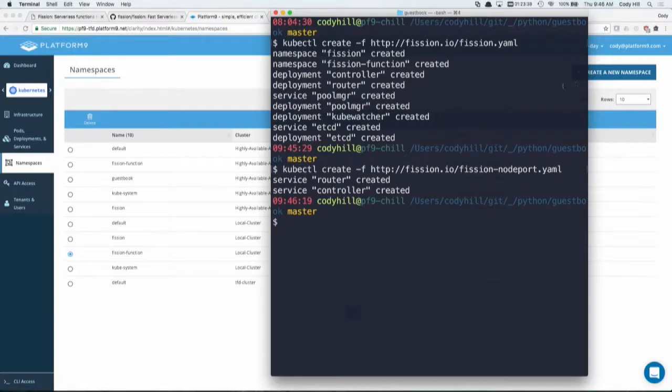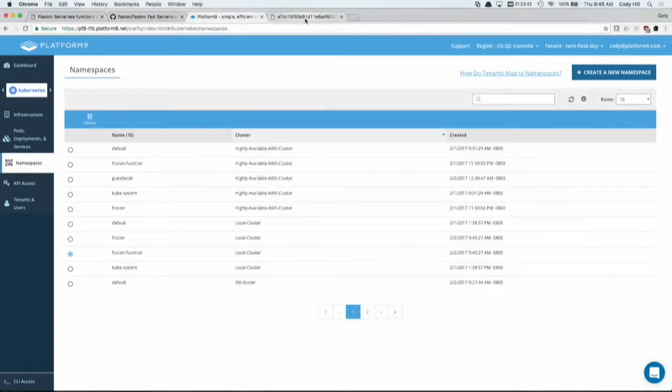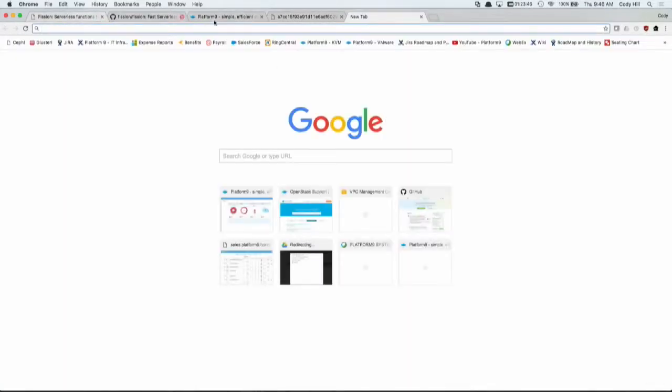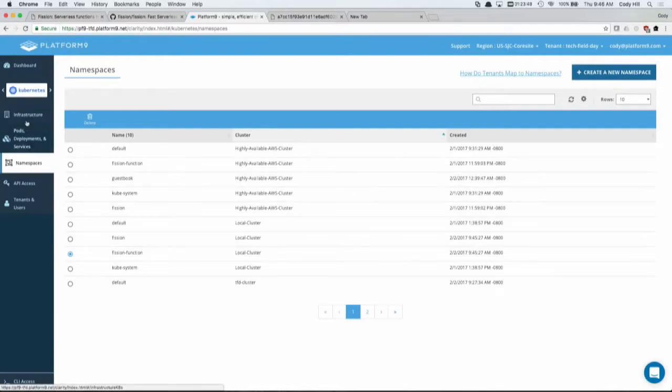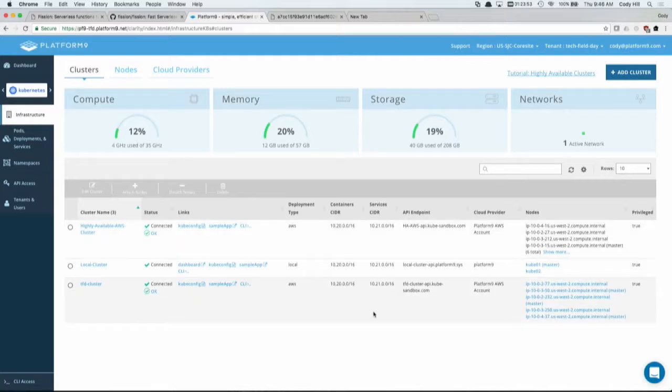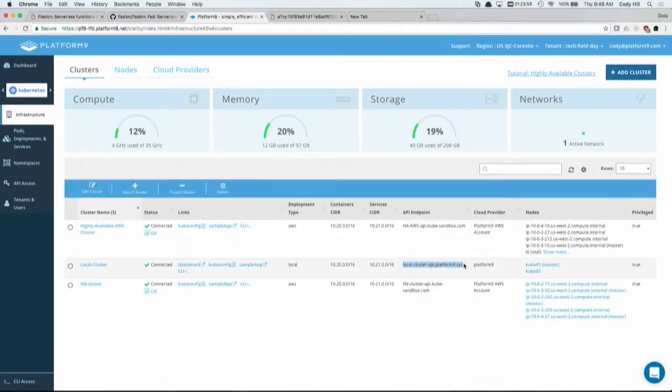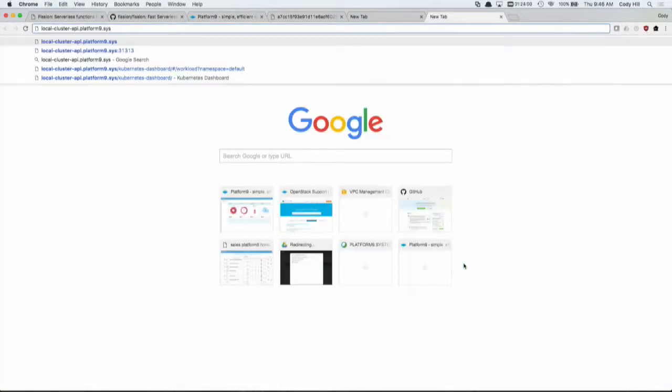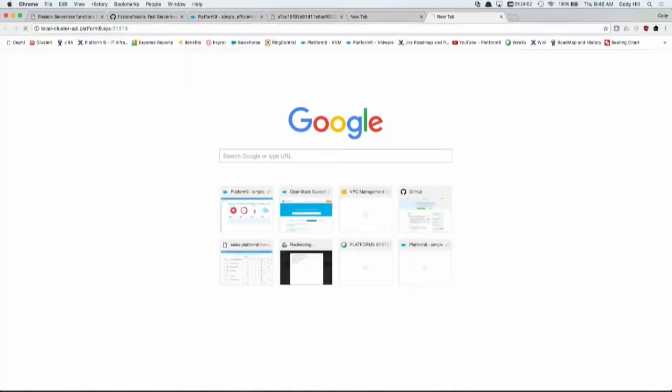So now we can connect to Fission. So if I did this right, I should be able to, oh, you shouldn't see that yet. I should be able to connect to the namespace here. So the API endpoint for the cluster, colon, the port that I'm running on. And hey, check that out. Fission's up and running, right? We have the Fission API. It's up and running. We just deployed this.